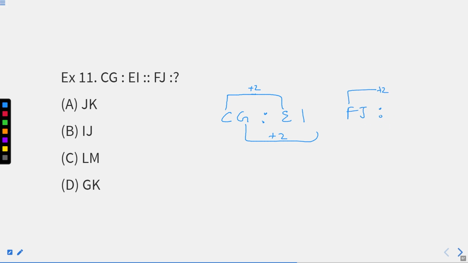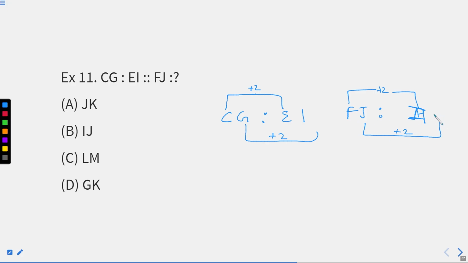F plus 2, what will it be? J plus 2, what will it be? We know that E, F, G, H. We are going to get an H here, right? Plus 2, we are doing C, D, E. So what is it going to be? E, F, G, H, and I. I will be there then. J, K, and L. Then the answer will be M.